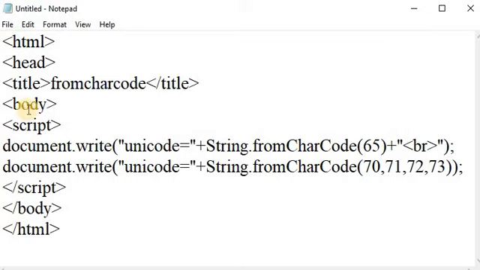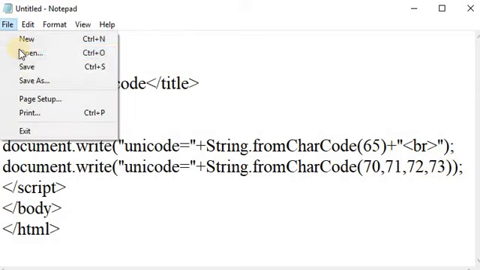In this program, first of all, I am printing by using write method, that is fromCharCode 65, and String dot fromCharCode 70, 71, 72 and 73, passing the parameters in a fromCharCode method as 70, 71, 72 and 73.